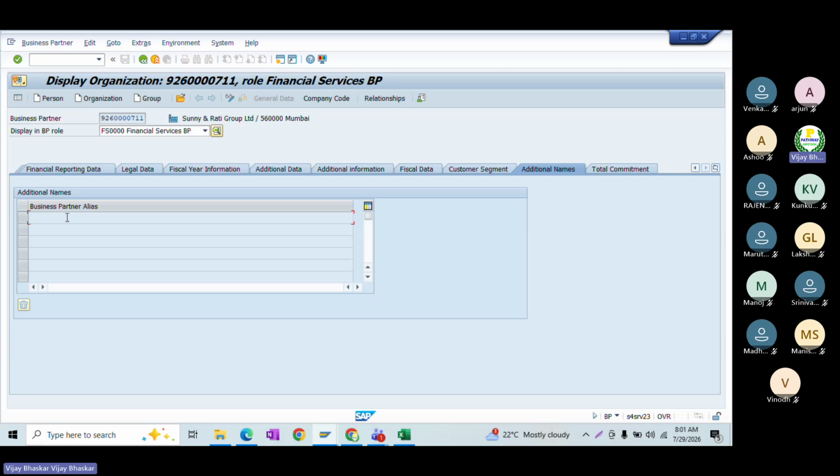This is also one of the ways to clear your EBS statements. You could maintain multiple business partner names here, multiple BP names. Based on that, the system will identify